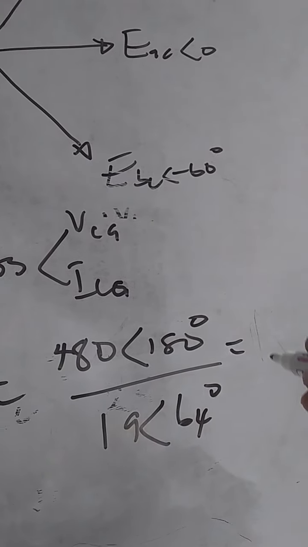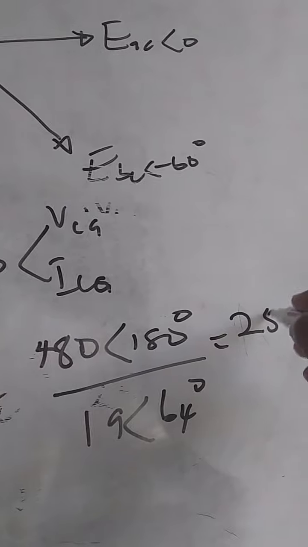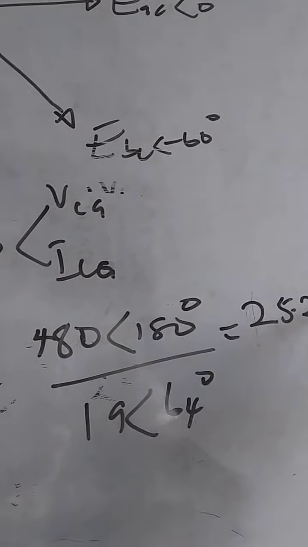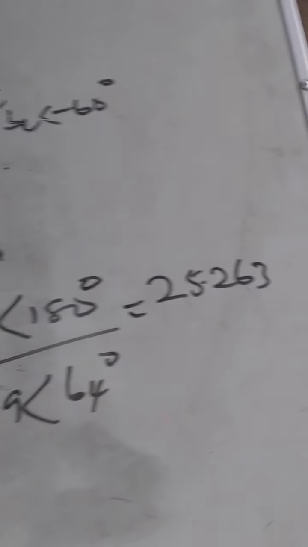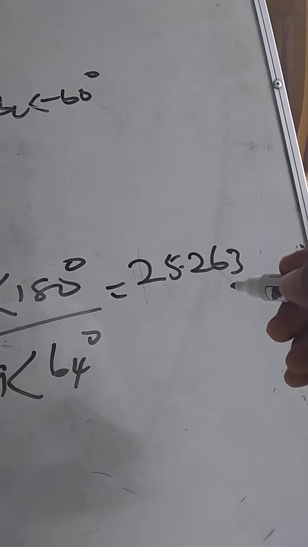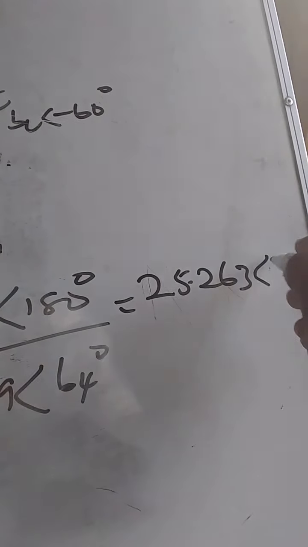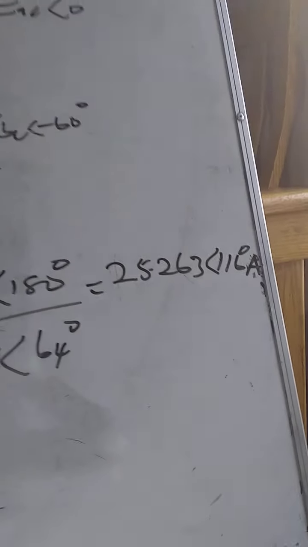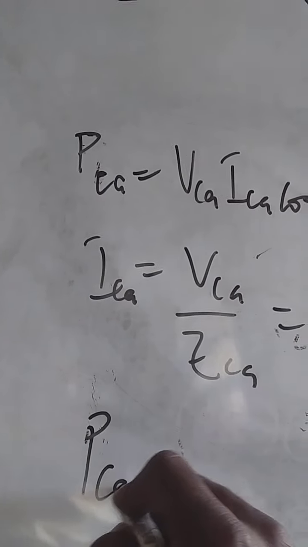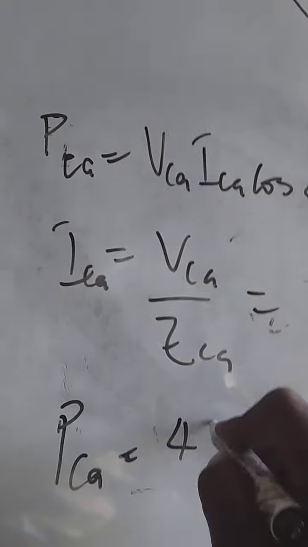So what does that give us? It gives us 25.263, right? At angle 116 degrees amps. So that is our ICA. So from there we can now find our PCA, which is 480